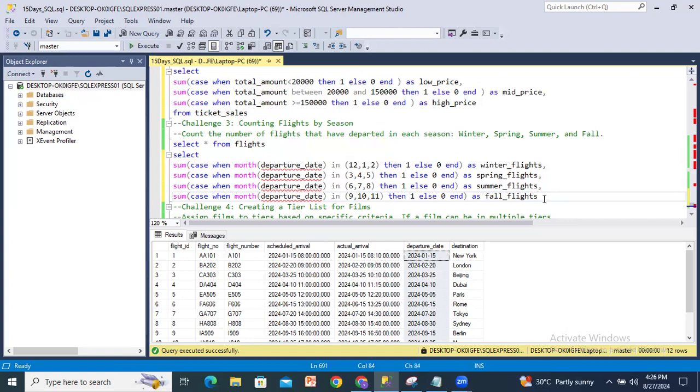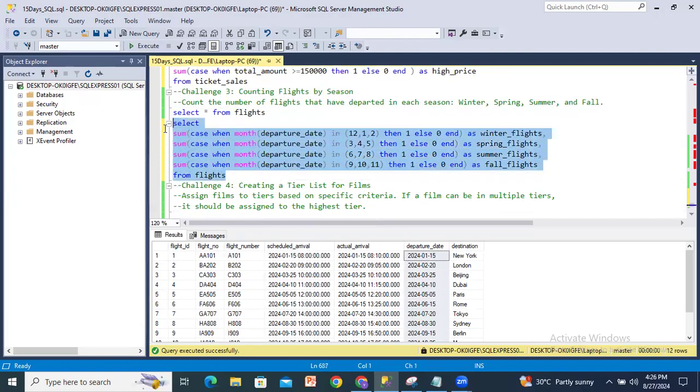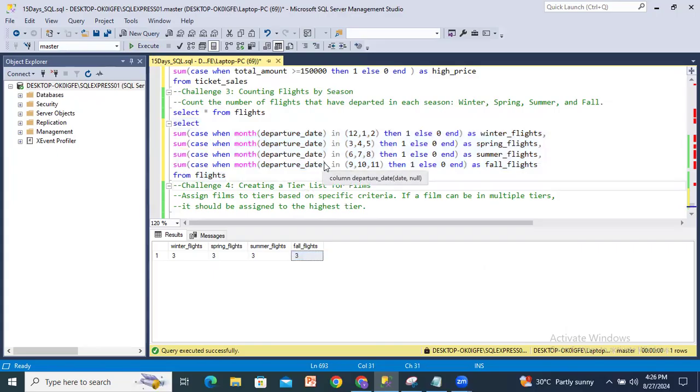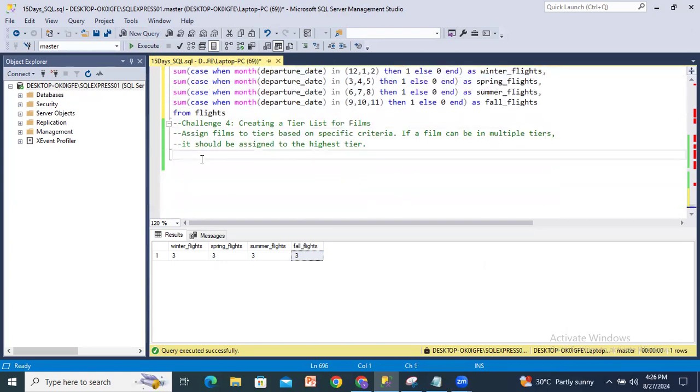Okay. Next, from table, the table is flights. So if I get this, we have winter flights, spring flights, summer flights, and fall flights. So this way we will get the count, the number of flights departed in each season. And last thing, the last query,